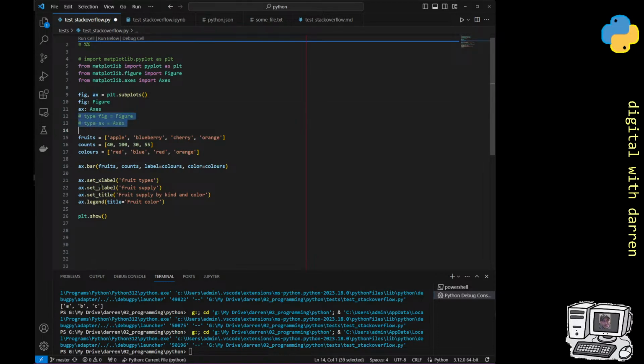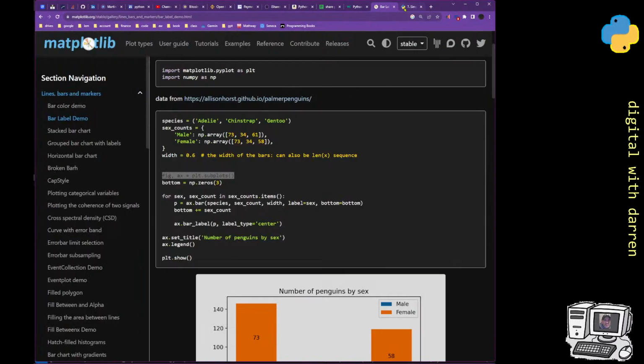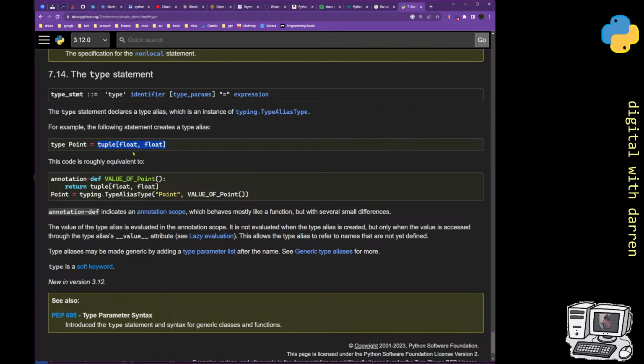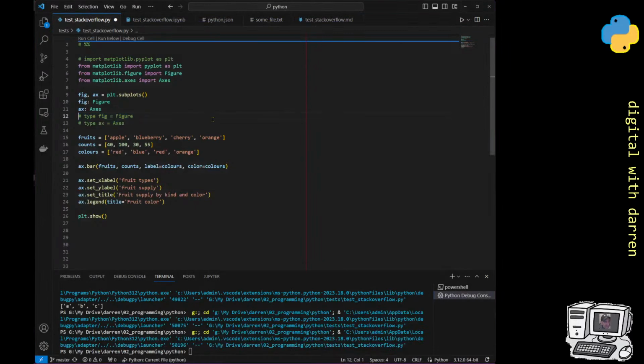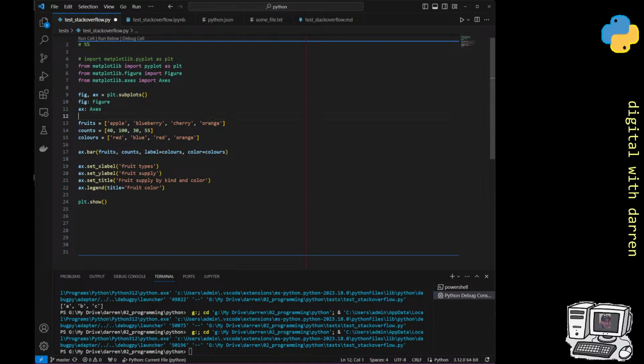If you do want to leave comments, because I think I might end it here. I didn't know where I was going to get to on this, but if you do want to leave comments on this, matplotlib and how it interacts with VS Code, and if VS Code will be updated, we're talking about this new typing feature that's available in Python 3.12. We really want to get it working so that it works in a useful way for users, because the whole purpose of it, at least for me, the hugest part of the purpose of it,